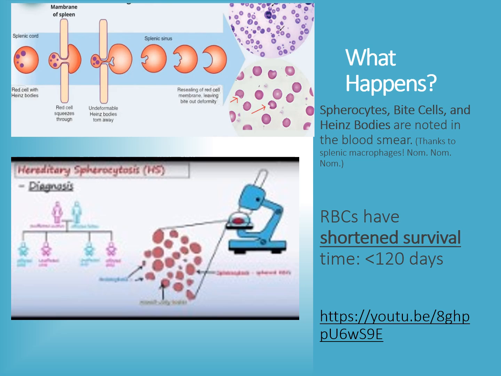So this might seem like a random slide, but I really am just showing you this slide to show you some of the things that can cause a shortened lifespan. So our red blood cells typically have a normal lifespan of around 120 days within circulation. There are some things that can cause a shortened red blood cell lifespan, and some of them are inherited, like this condition known as hereditary spherocytosis, in which there's a lack of spectrin. There might be